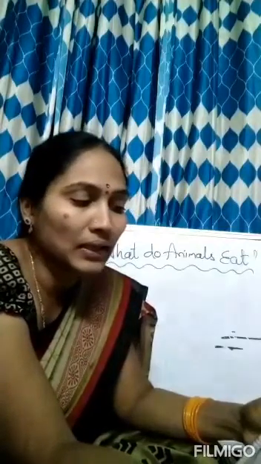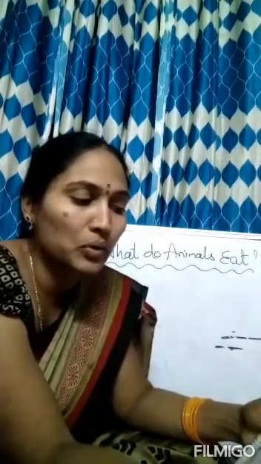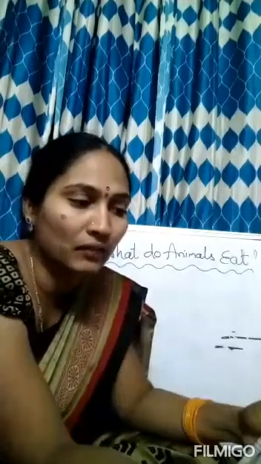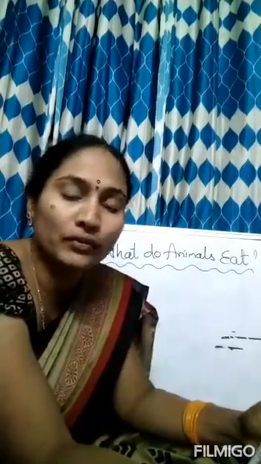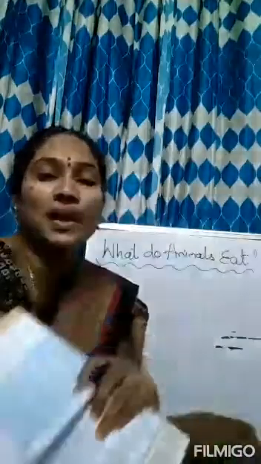Next, the same part in a similar group of animals may be used in ways that can be largely different. For example, beaks of different birds are used to eat different types of food. So all the birds have beaks and many of the birds use the beak to pick up the food. But different birds eat different types of food. All birds are not eating the same kind of food.